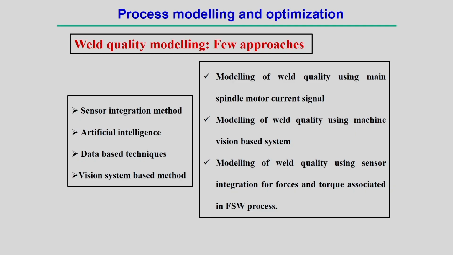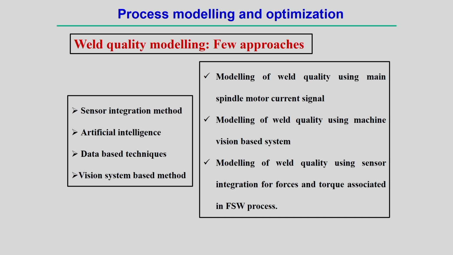Now, we just correlate the input and the joint properties. The same thing may happen in the machining process, with surface hardness and surface roughness of the machined surface with respect to the input parameters. But how to link the input and output parameters, there are several techniques. We can look into that. One example is called process modeling and optimization. We take one example pertinent to the welding process. What are the few approaches?